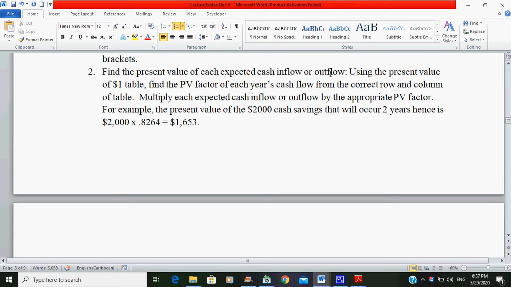$1 table. Find the present value factor of each year's cash flow from the correct row and column of the table. Multiply each expected cash flow or outflow by the appropriate present value factor. For example, the present value of $2,000 cash savings that occurred 2 years hence is, hold on. Now to get this 0.8264 here, what you should do,